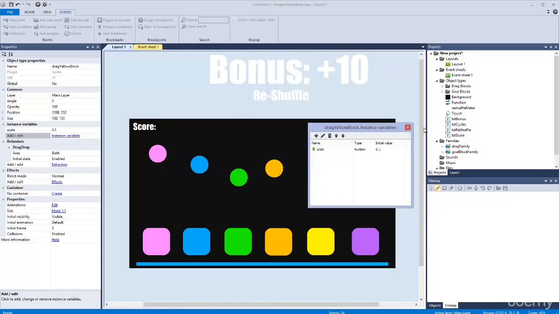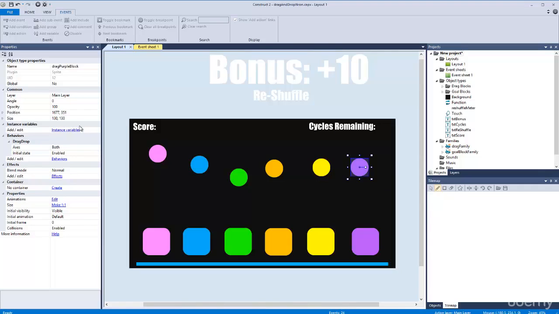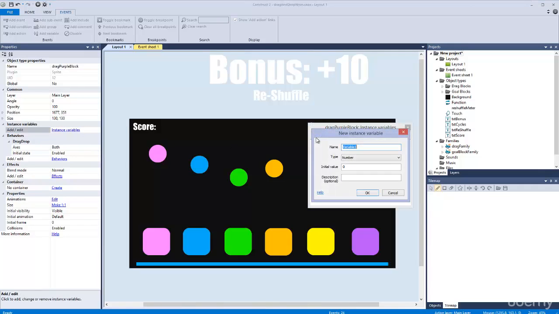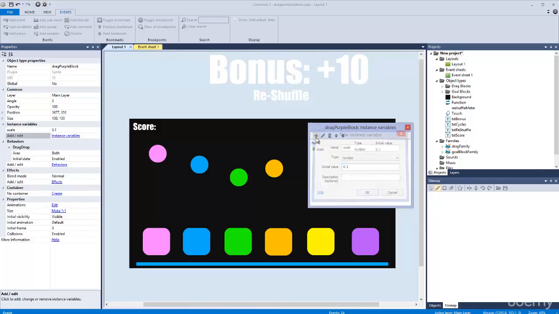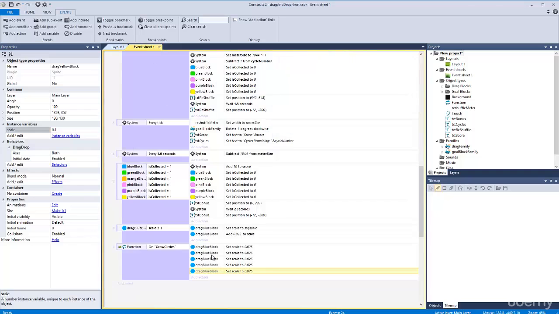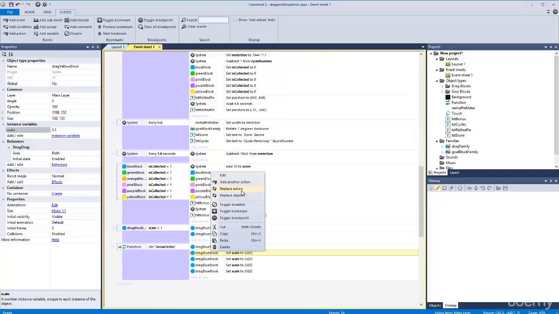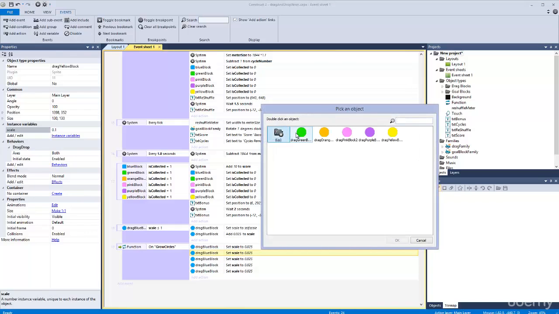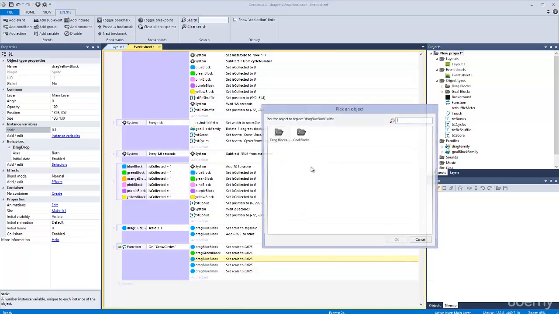Now, the instance variable, if you want to replace the object, is going to have the exact same variable name, and that does mean that scale and Scale with a capital S are different. So we have all of these dots here, which are essentially the same because now they have the instance variable. If one of these didn't have this instance variable right here, then it would be technically different. So what I'm going to do is replace this object here, and I'm just going to replace this in alphabetical order,